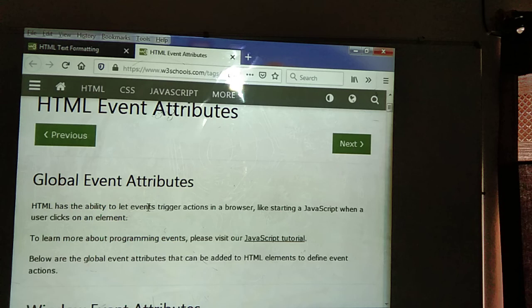oninvalid means the script is run when an element is invalid. Suppose we have entered wrong information, at that time this event will be performed. onreset: suppose we are filling the form and some mistakes are there, we press reset, and at that time this action will be performed. onsearch fires when the user writes something in a search field.